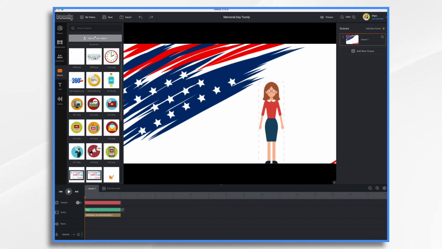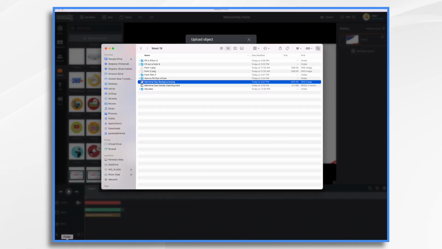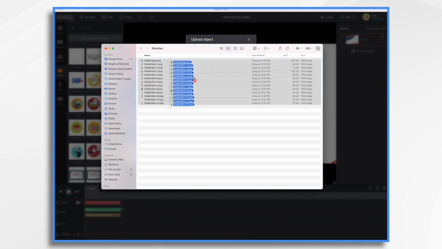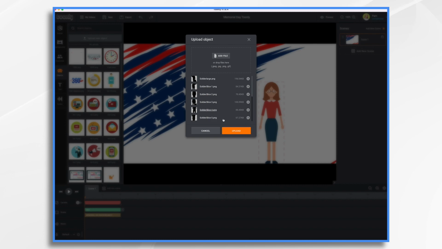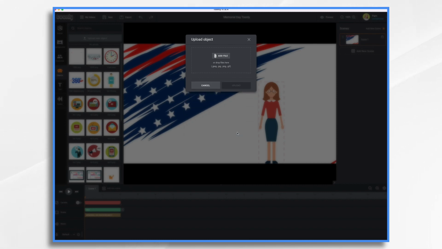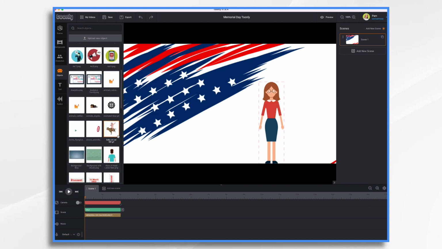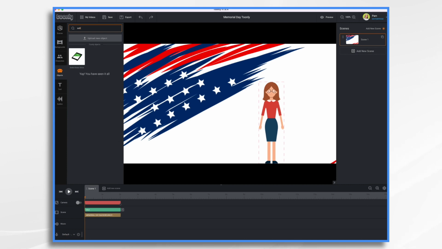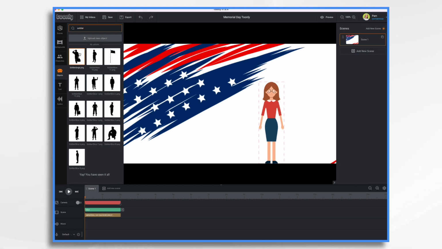So you can upload your own objects. And I have found a bunch of silhouettes of different soldiers. So I'm just going to upload them in. It's going to take a couple minutes here, or seconds I should say. Now I have to find them. So under search objects, I'm going to type in soldier because they all have this name. So now we can just bring them all in here,